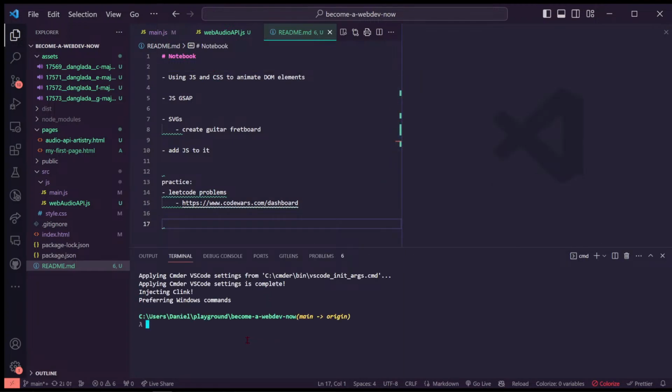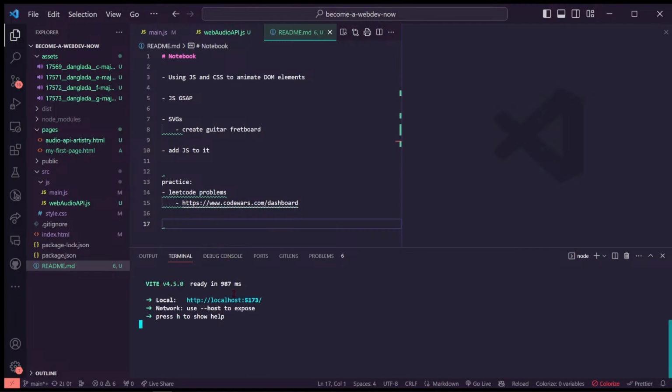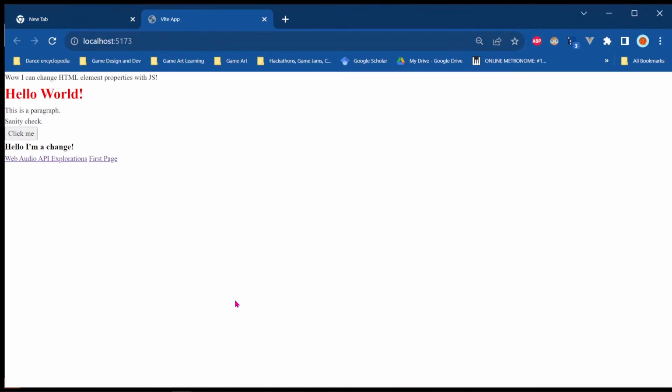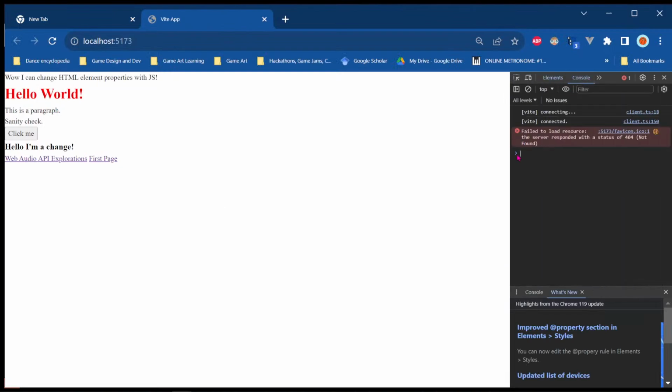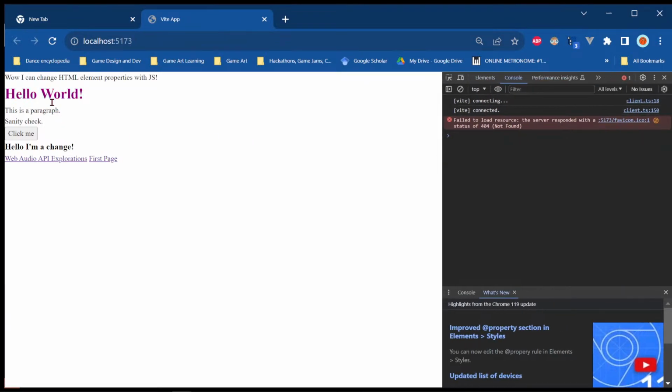Control tilde will bring up this terminal, and we are going to run dev, spin up our Vite development server. We'll control click on this and keep our console open. It's just a natural reaction. And here's our tremendously ugly page